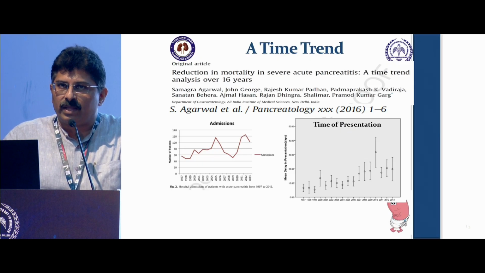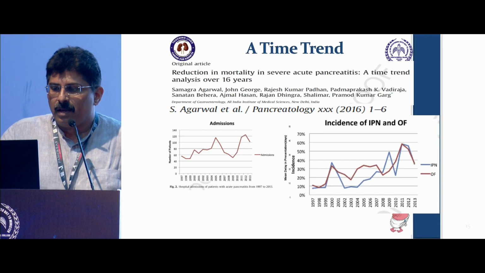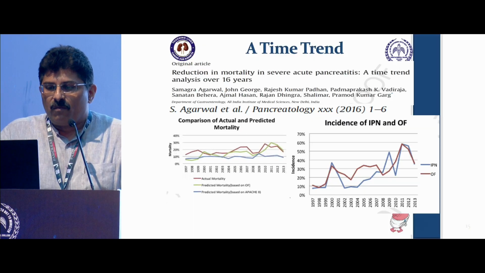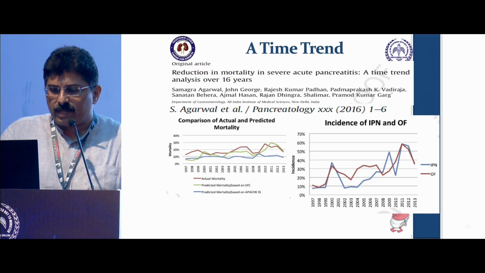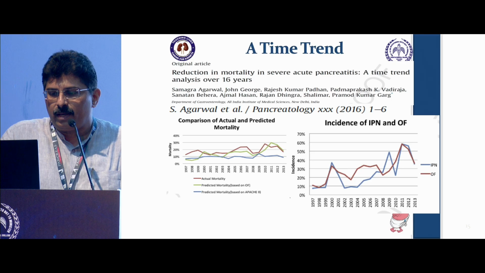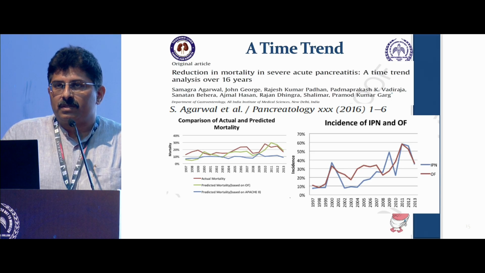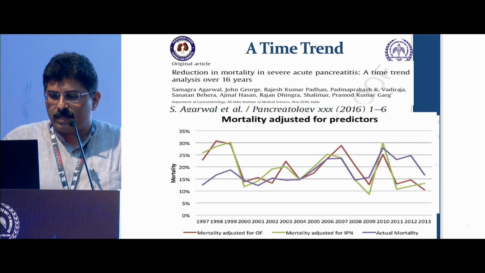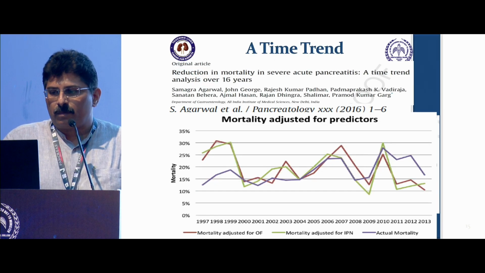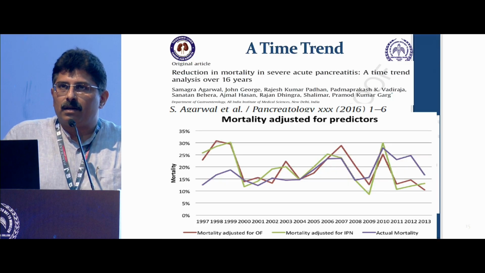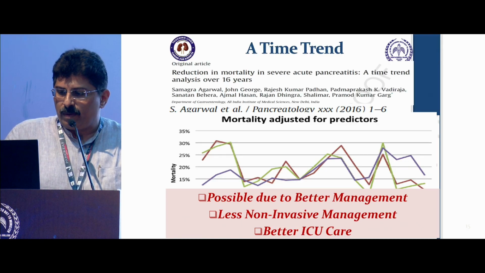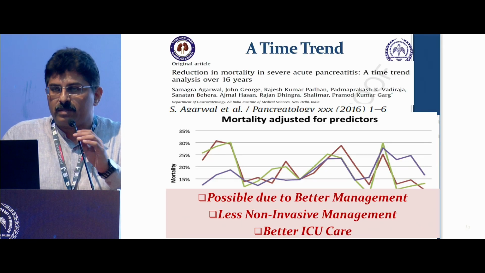I'm not sure how much of a difference that would have made now, 6 years down the line, but the incidence of infective pancreatic necrosis and organ failure is increasing. When you look at the actual predicted mortality, it's definitely the role of organ failure that has a significant impact on the mortality, as well as the predicted mortality when you use the APACHE score. When you adjust for the predictors, there is still a declining trend, but we have still more to do. So the decline in the mortality is probably due to better management, less invasive management,